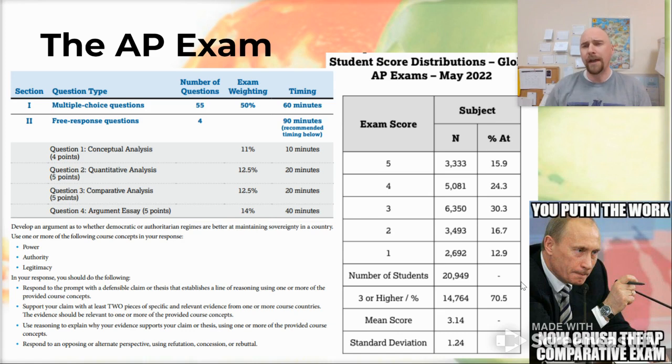And this is just the global averages for this exam. My students generally do better than these averages, but it's good to know where kind of